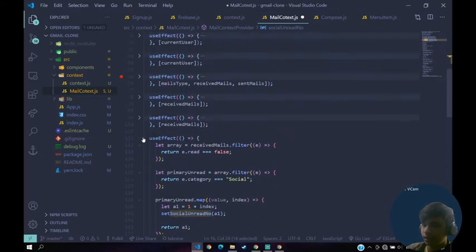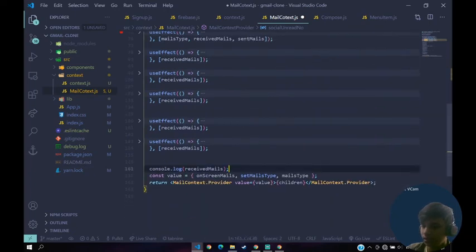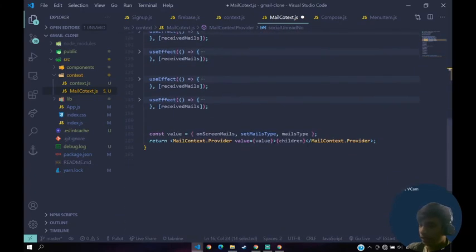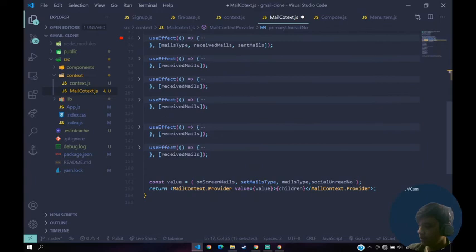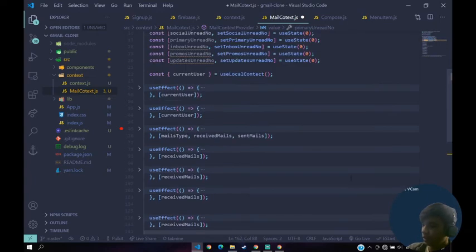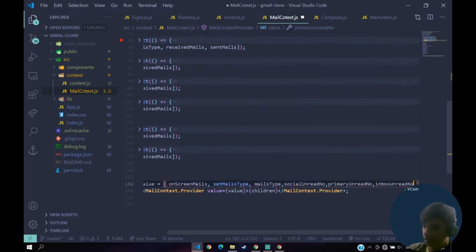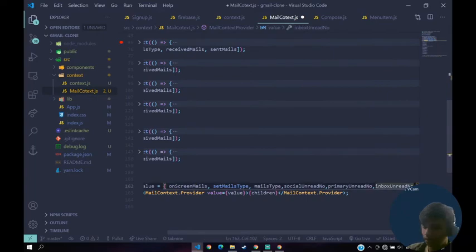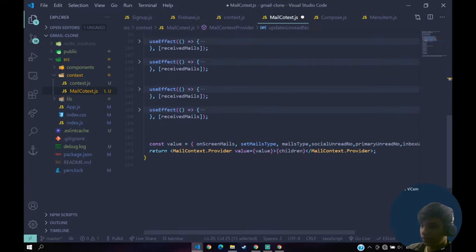One second, I'll just close all of this. Yeah, so we can remove this even, and now I'll copy this and paste it here, const value inside of our value, then primary 100 number, I'll paste it there, and then our inbox 100 number, paste it there, promos 100 number, that also needs to be pasted, and then updates 100 number.